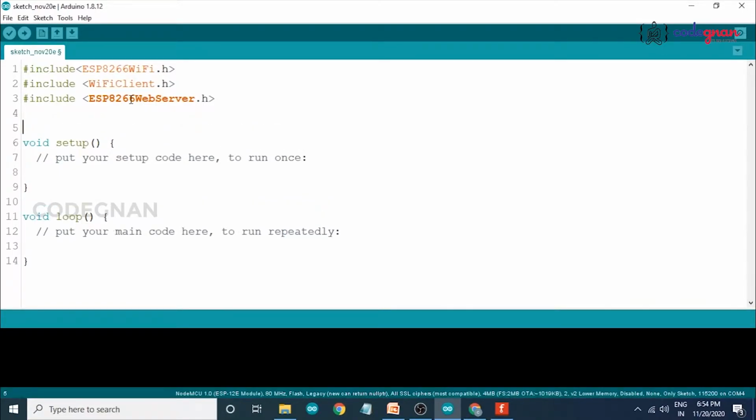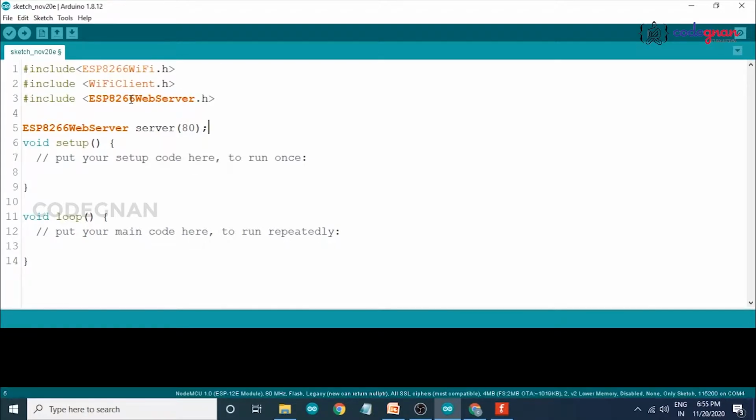Now we have to tell which port our web server is on, so ESP8266WebServer server. Which server do we use? We use port 80. This is the port 80 used for real-time servers. Now this is our port 80.